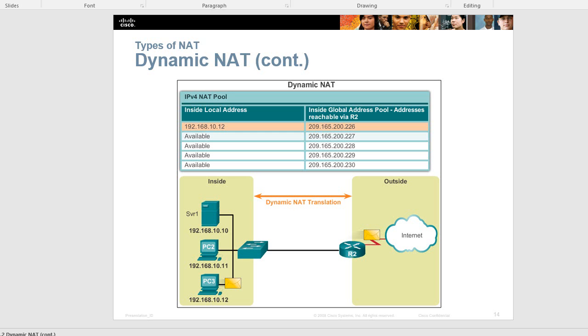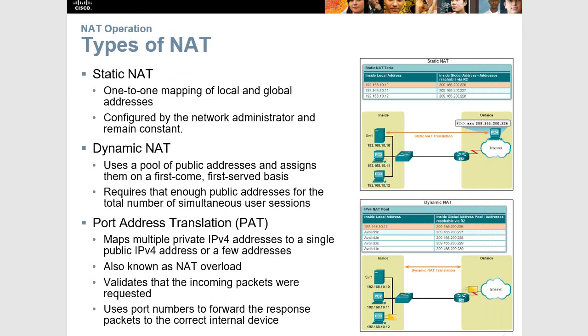What is set up more often is this port address translation, and here's where things become a little different. Let me make sure I didn't miss anything back here. Use of the public pool requires that enough public addresses are in use. So yes, you do need more than one public IP address for dynamic NAT. That's not the case with PAT, port address translation. This is where you can use a single public IP address for multiple private IP addresses. This is the situation that you come up with